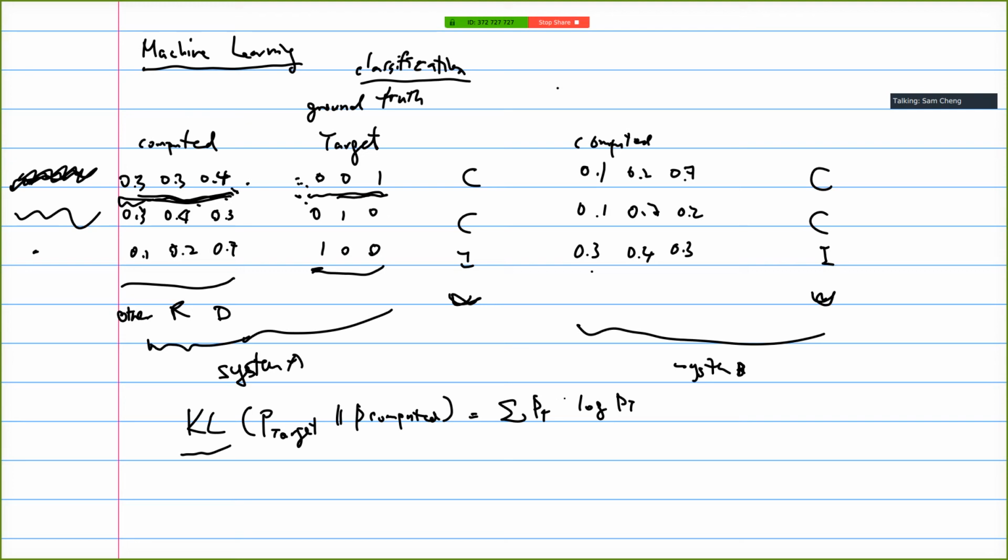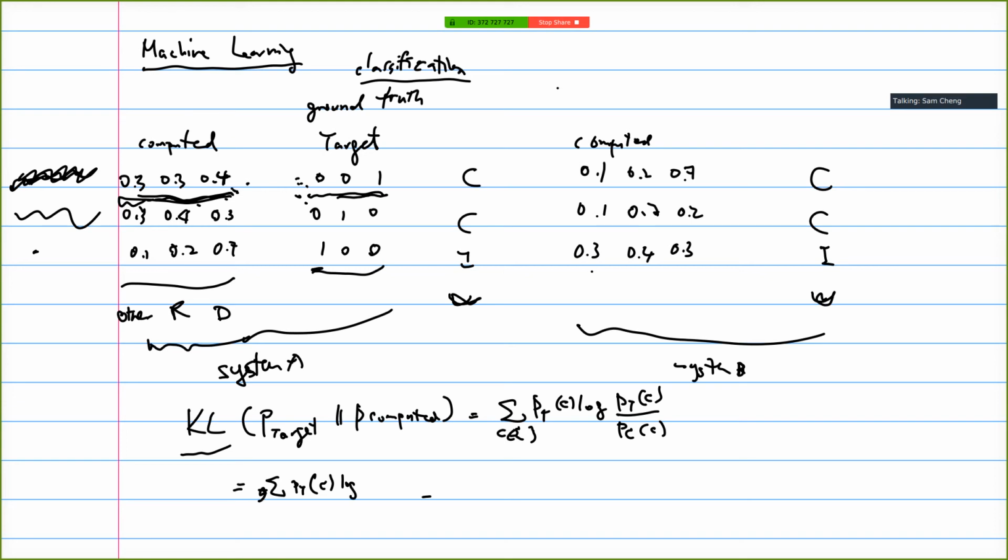I'm thinking that I probably want to put some sum over different classes. I say this is classes here, this classes here. In this case it would be Democrat, Republican, independent, or let's say this P computed C, something like this. And then I can expand this KL-divergence as a sum over P T C log